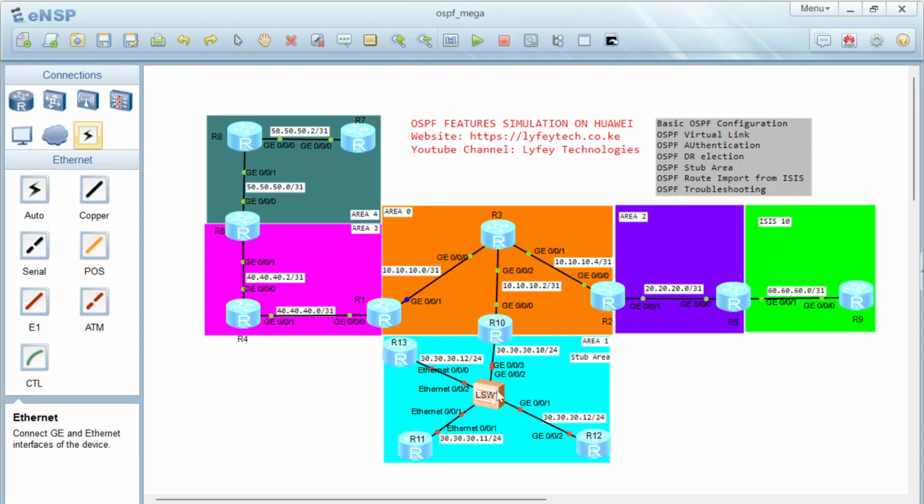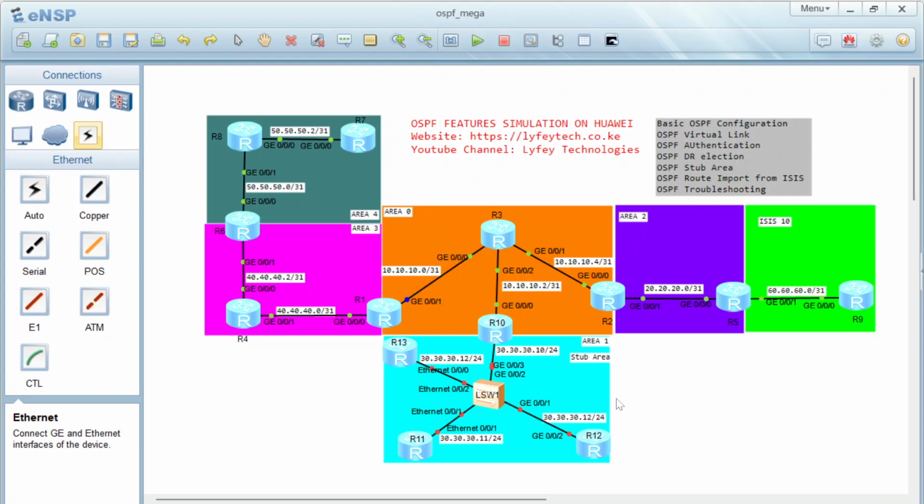So you need another criteria to determine who will be the DR and the BDR. If the DR priority is the same, we now compare the IP addresses, and the router with the highest router ID will be selected as the DR,